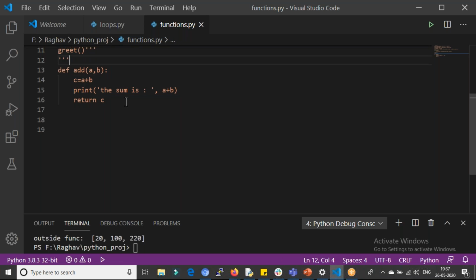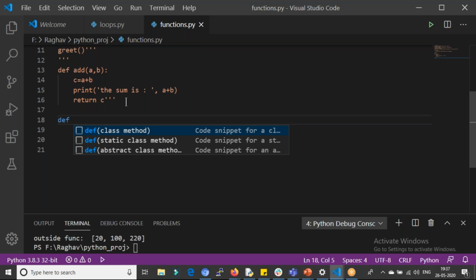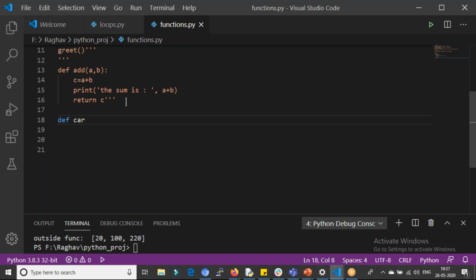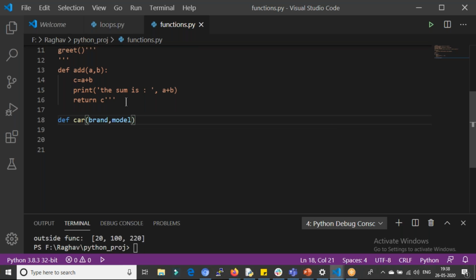I'm defining a new function. I'll say def car. In the car, let's say brand and year released.